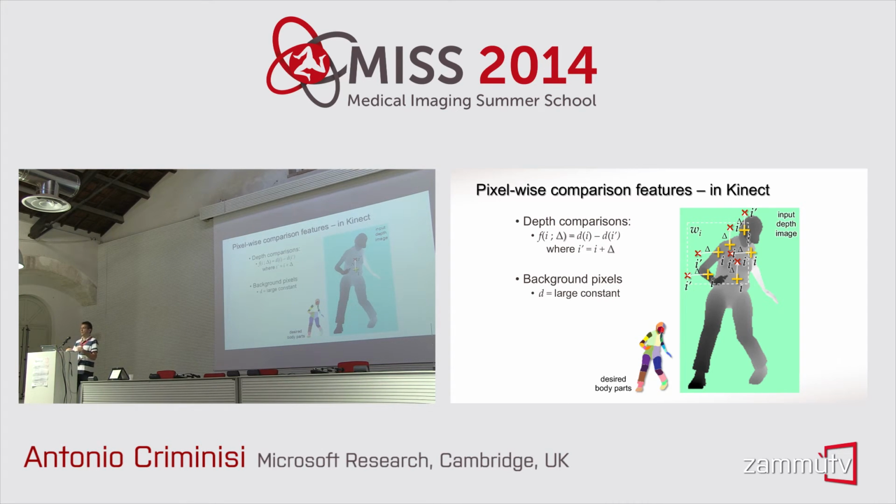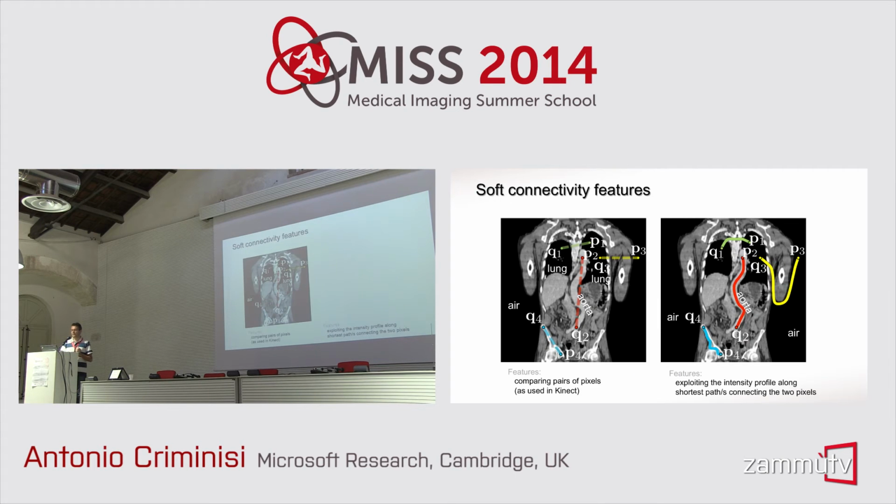And so you can see how by these very simplistic, easy to compute features, I can get some information about where I am in the body. And if you have a very, very large combination of these features organized in this hierarchical tree-like structure, there we go, bam, we have our classifier. That's how it works. However, if we apply this to medical images, perhaps we can do a little bit better. We can use a little bit more clever features.